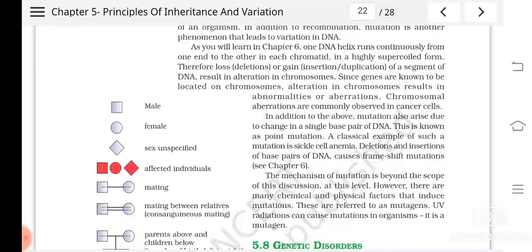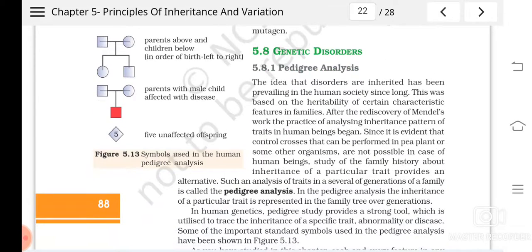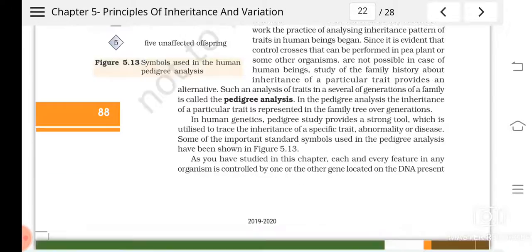We have studied that mutations can be a single base pair difference, and that is known as point mutation, and this causes Mendelian disorders, isn't it? Sometimes the mutations may be due to deletions, insertions, or inversions. These are due to changes happening in the chromosomes, not in that particular gene or nitrogen bases. And I have also explained to you about the pedigree analysis and its importance in human beings.